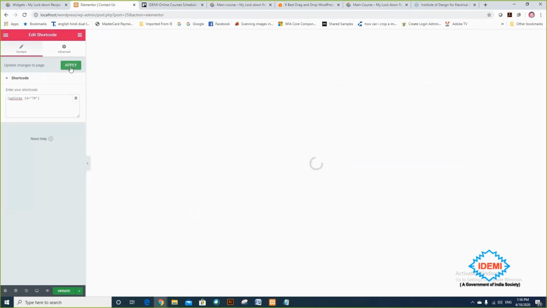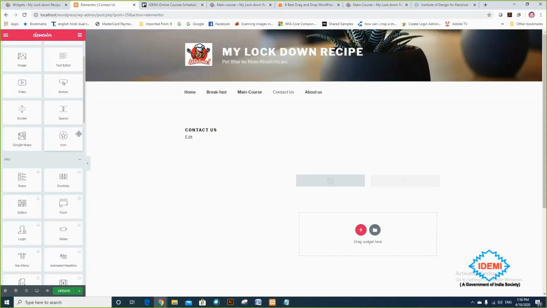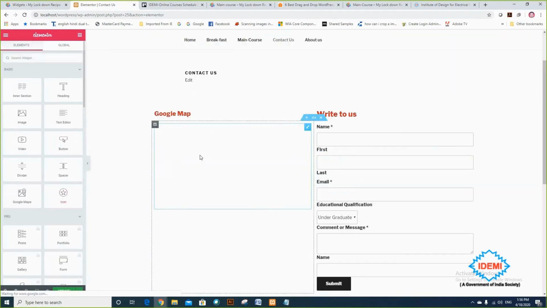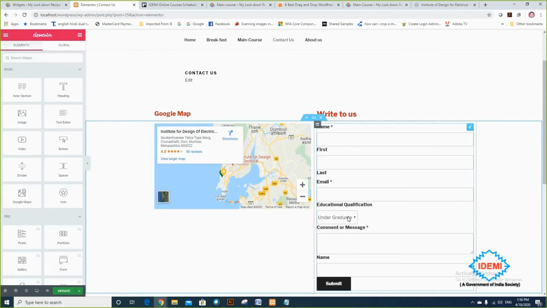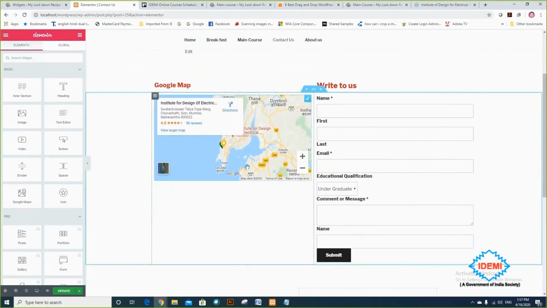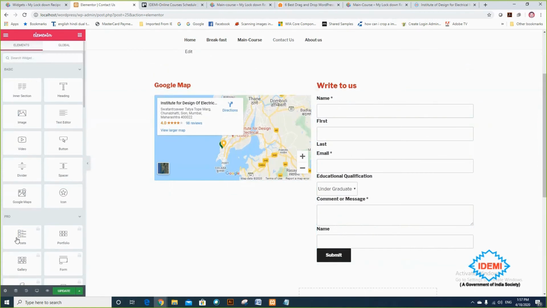So whatever form is there, it will embed it here. And look at this, graduate, undergraduate, all other fields appear here, and you can see the form. You just click on update.